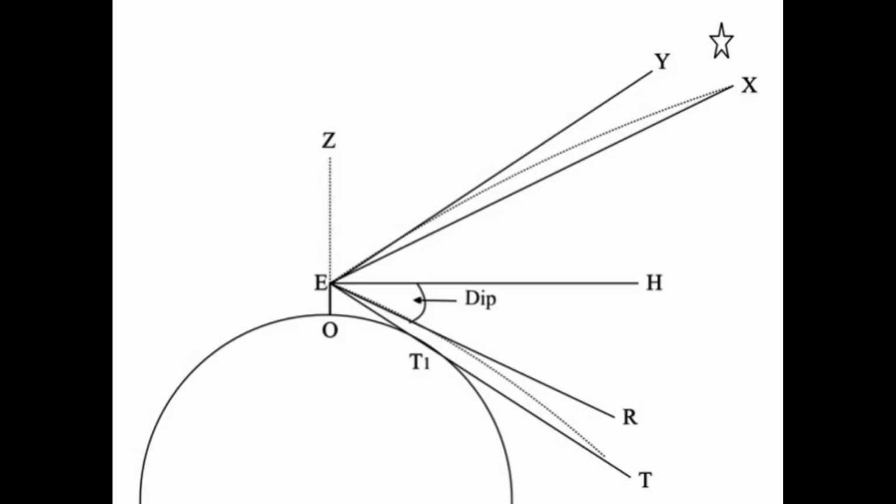In this diagram, the observer's eye is at E. H is the horizontal direction from the observer, T is the tangent to the horizon point the observer thinks they're looking at, but R is the refracted position of the horizon, the direction they're actually looking at. The angle from H to T would be the dip if there was no refraction, and the angle from H to R is the refracted dip angle. The effect of refraction has been measured, modelled, and can be predicted.